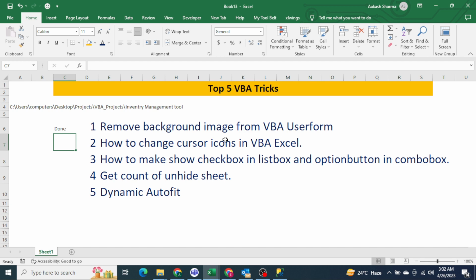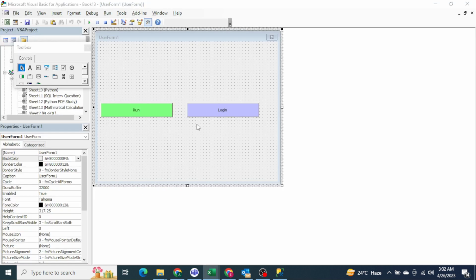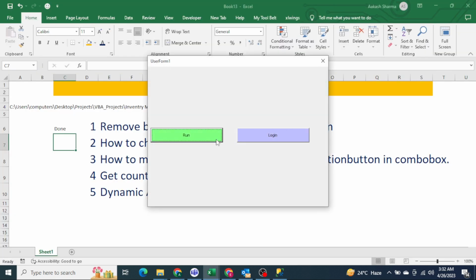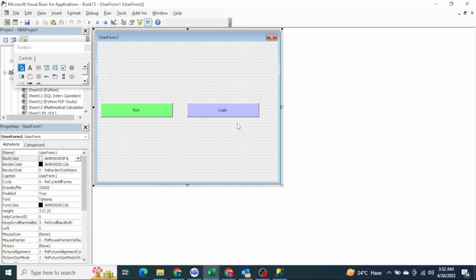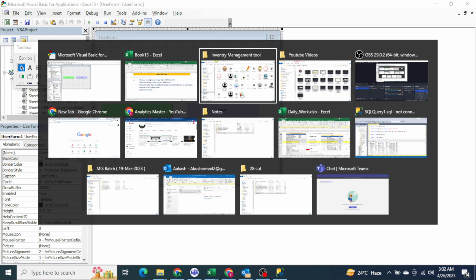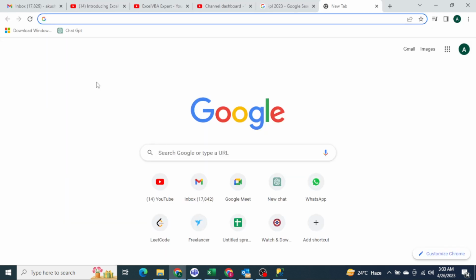And the second trick is how to change the cursor icon in VBA. You guys can see I have already created two buttons here. If I run this user form, my cursor does not look professional. If you go to Chrome here, my cursor is very normal, you can see. But whenever I hover my cursor over the YouTube icon,